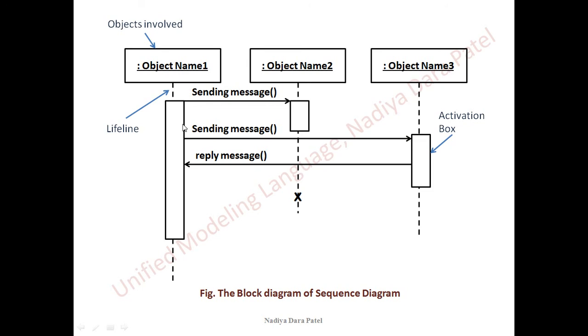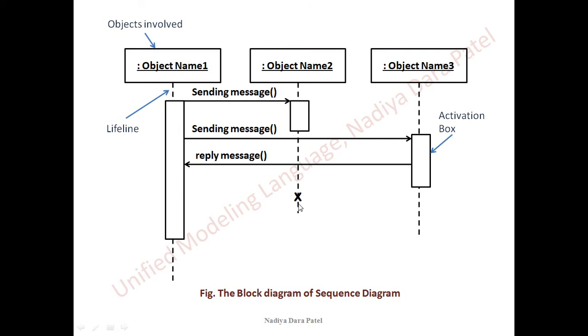If you're drawing a line and connecting it in between here and drawing your object's activation box from top, it is going to be wrong. So note that as soon as any object receives its first message, the activation box should be drawn from there. For reply messages, there is no such kind of rule. You can place as many reply messages as you want, but do not place a reply message from dashed line to dashed line. All the message sending and receiving should happen only on this activation box and not near the dashed lines.